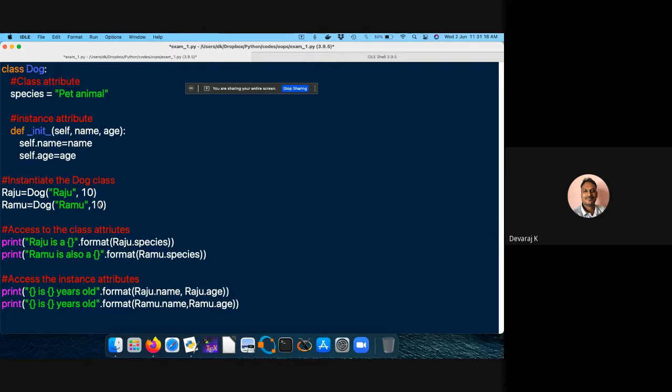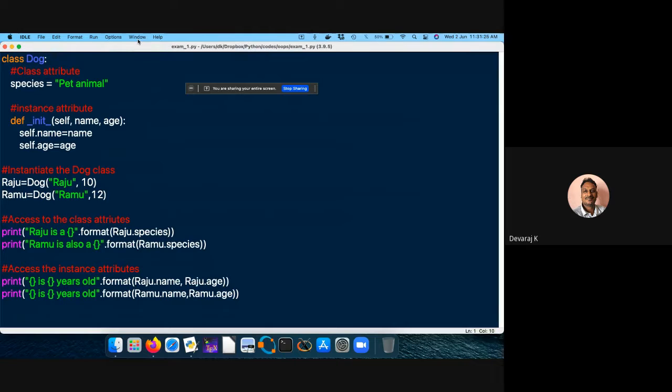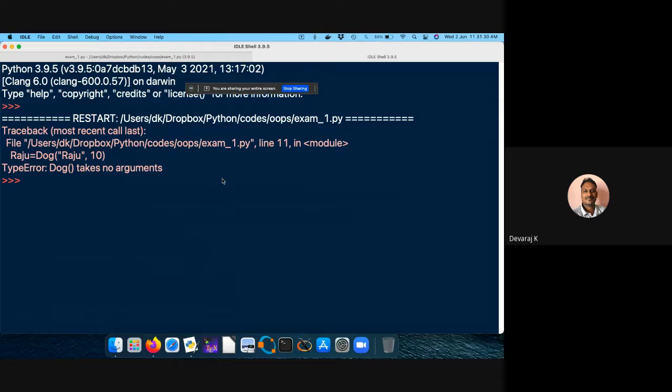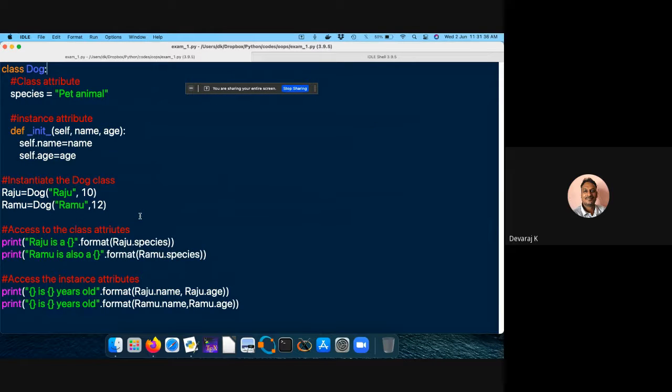So syntax is correct. Why it's not taking? I don't know. Okay. Just to take this particular thing. Self dot name is equal to name. So everything is fine. Syntax, everything is fine.